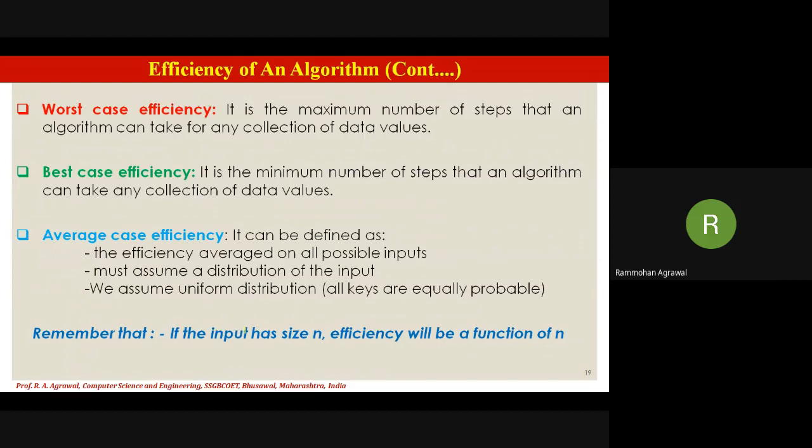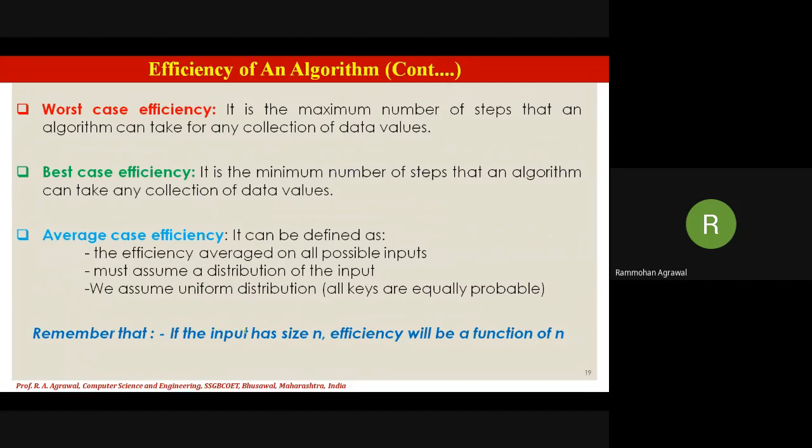Suppose 99 is found at the 100th location, which means I have 100 numbers and the 100th number in the list is 99. So I have a match found, that is, 99 is present at the 100th location in the list.